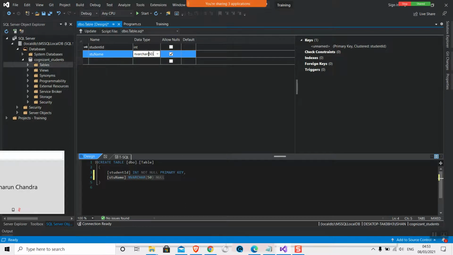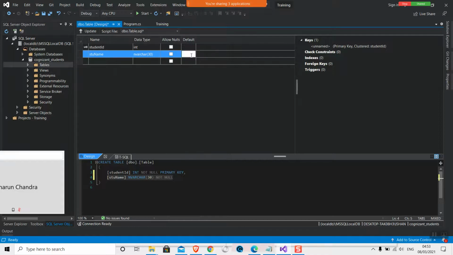So in the name, I don't believe any name is longer than 30 characters. And this is one of the important parameters: whether you want to allow nulls or not. Once you uncheck this, it becomes a mandatory column for this table. You have to fill it no matter what.